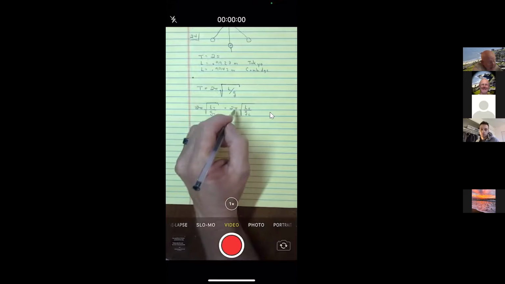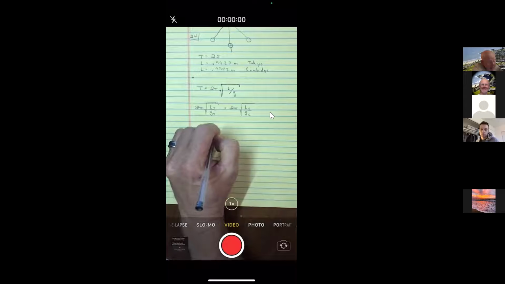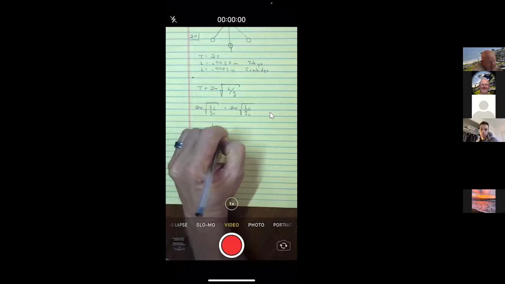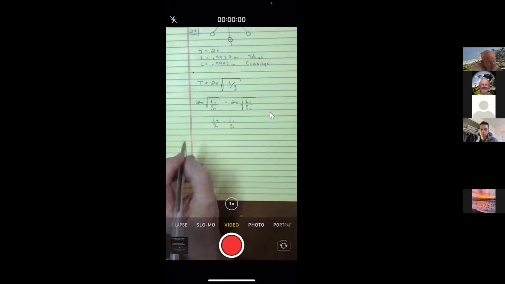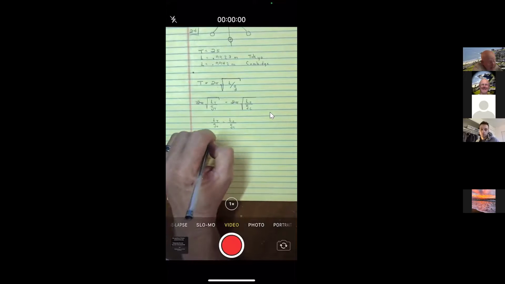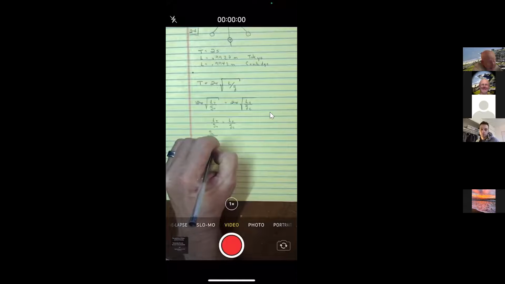And then, of course, the 2 pi's can cancel off. We could even square them. And it looks like the ratio of the g's would come out to be the same as the ratio of the L's. And so maybe I'll write it Cambridge to Tokyo